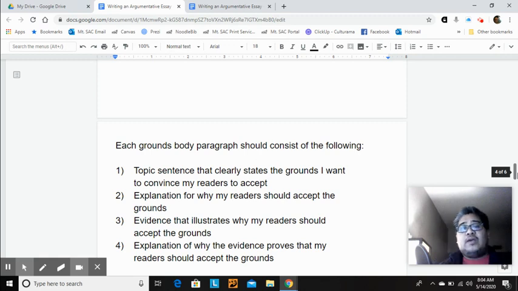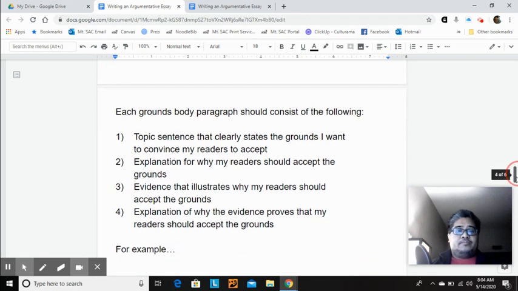And an explanation for why the evidence proves that readers should accept the grounds. So all of that is kind of working together. What's the goal? Readers need to accept. I want readers to accept the grounds that I am presenting in the paragraph. Right. So everything is kind of clicking together like parts of a machine. That is how a grounds body paragraph should work. For example,